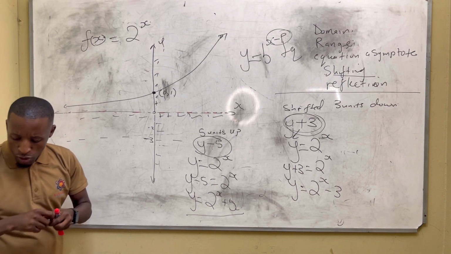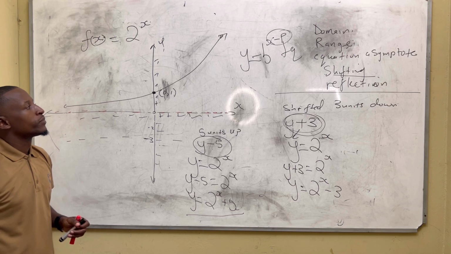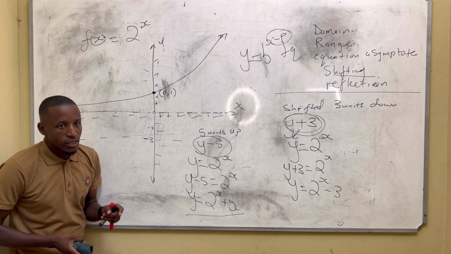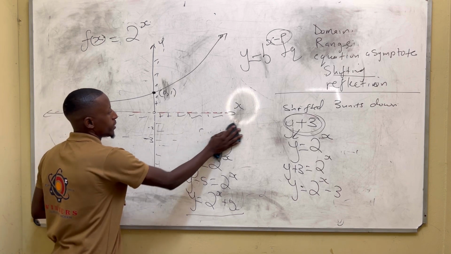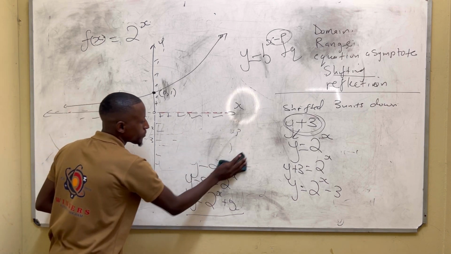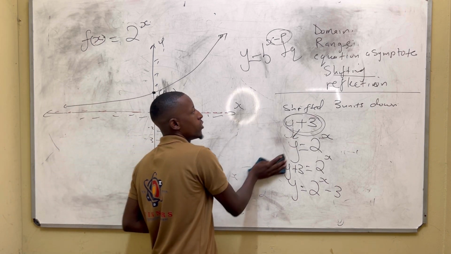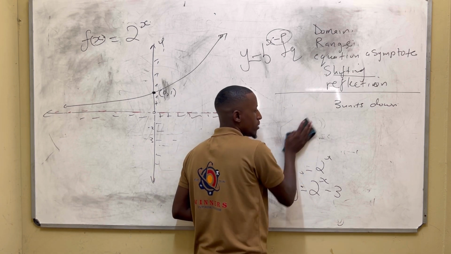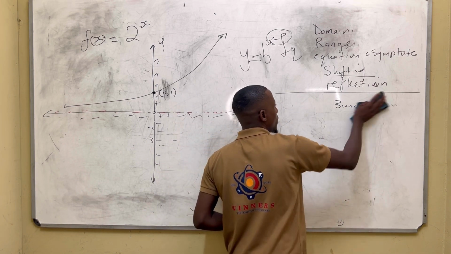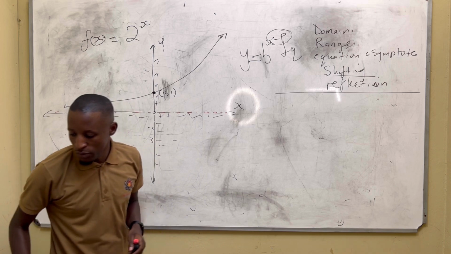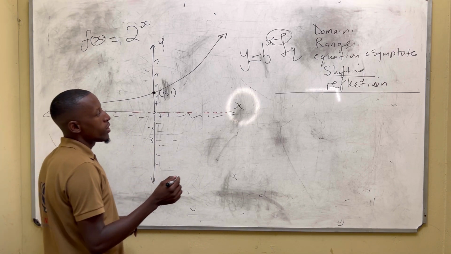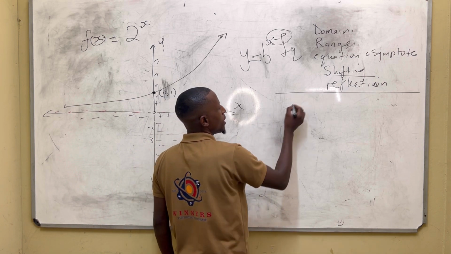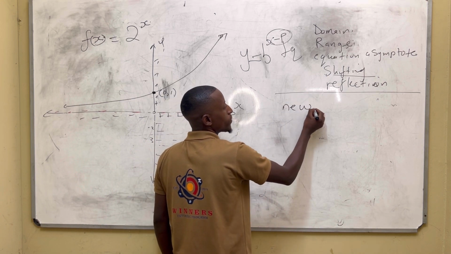So now we are moving to the reflection, the last part, which is our reflection. In terms of the reflection, you need to also know the shape of the new graph. How is it going to be when we've done the reflection? So in this situation, our equation is, they want a new equation